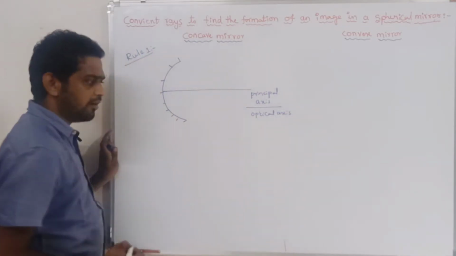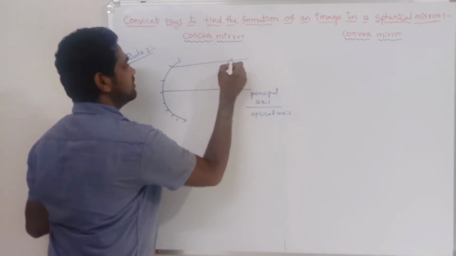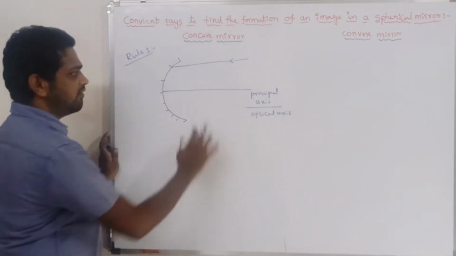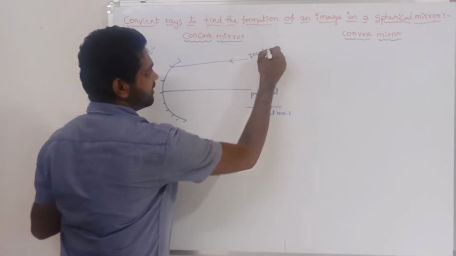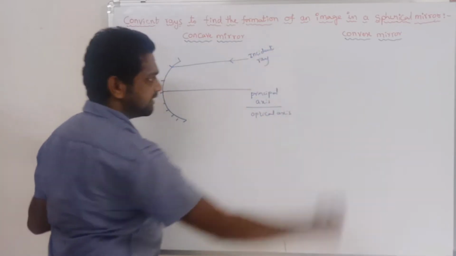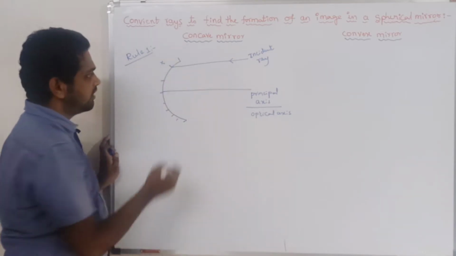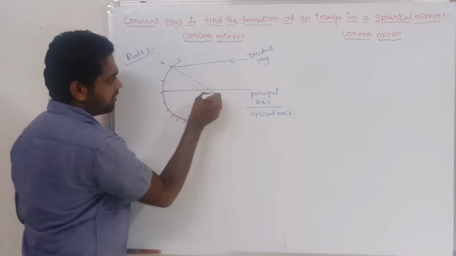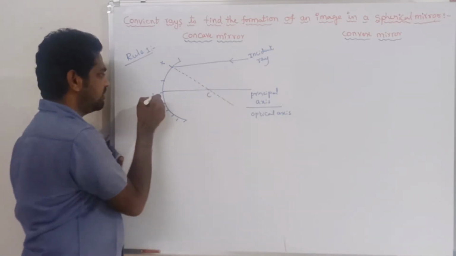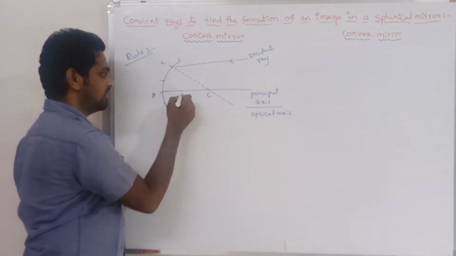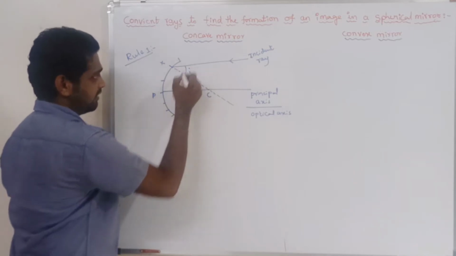Now here I am going to take a ray which is passing parallel to the principal axis. So this is the incident ray, which is parallel to the principal axis. Is it clear, children? Now this point X will be the point of intersection. Now try to draw the normal. This should pass through the center of curvature. Clear? As we know, this will be the pole. The midpoint of pole and center of curvature is called the focus, and this is the angle of incidence.